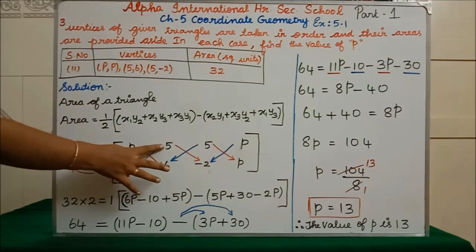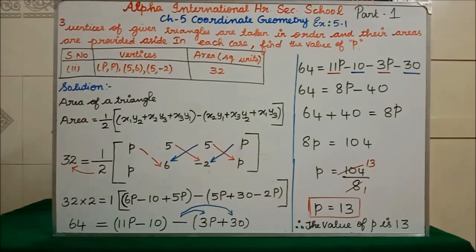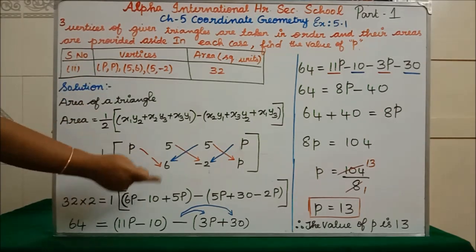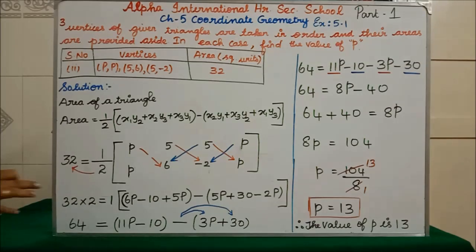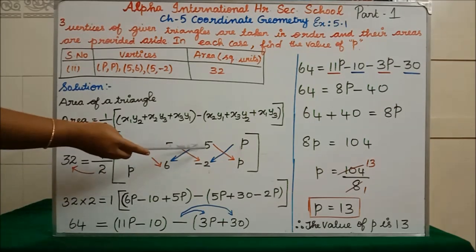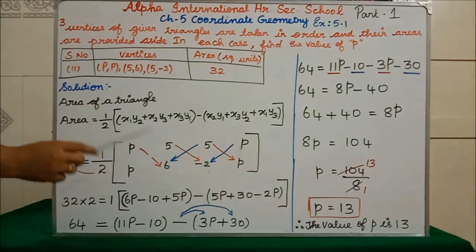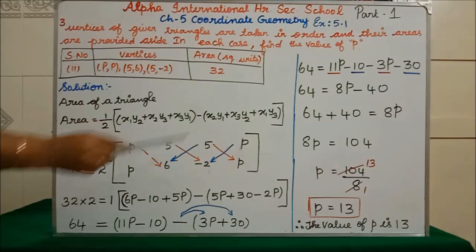Now students, when you are doing the arrow mark, you draw only one side. You don't need to write it at that stretch. Don't put 2 arrow marks, you will get confused. Now you put only the red mark. P into 6, 6p. 5 2s are minus 10. Minus 5 2s are 10 minus 10. 5 into p is 5p. Close the bracket. Now the red arrow mark from left to right we have finished.